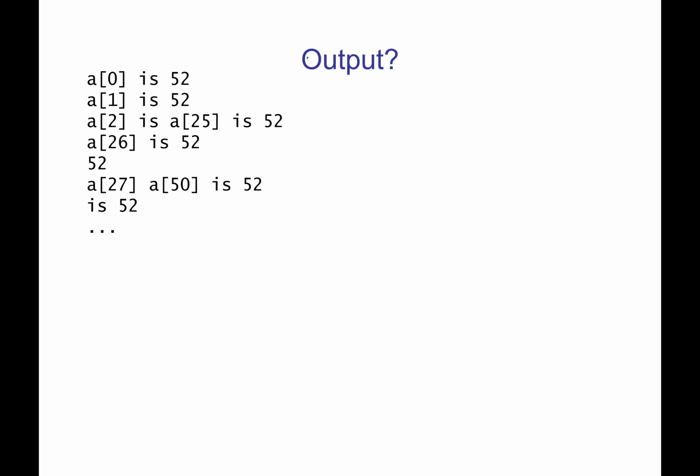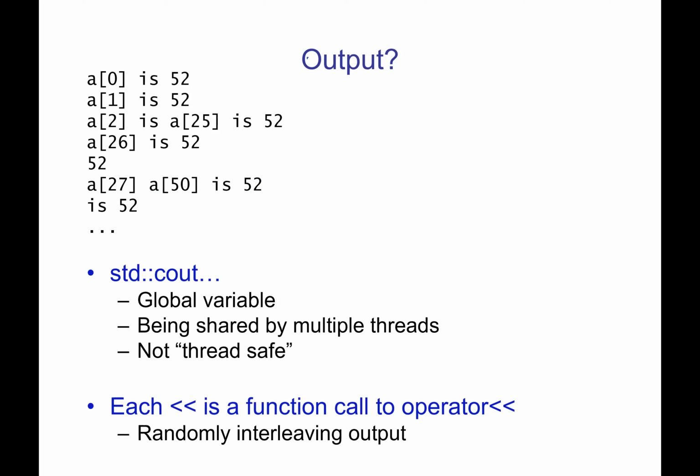So Ahmed says different threads are trying to write to cout at the same time, and yeah, that's the problem. So they actually did the addition. It looks like the addition worked fine, but my output is all messed up, and it's because cout is actually a global variable, and global variables we said are shared by all the threads. Basically, everything that wasn't created inside that for loop is shared by all the threads, and that certainly includes global variables like cout. And all of the threads are just trying to write to cout at the same time,